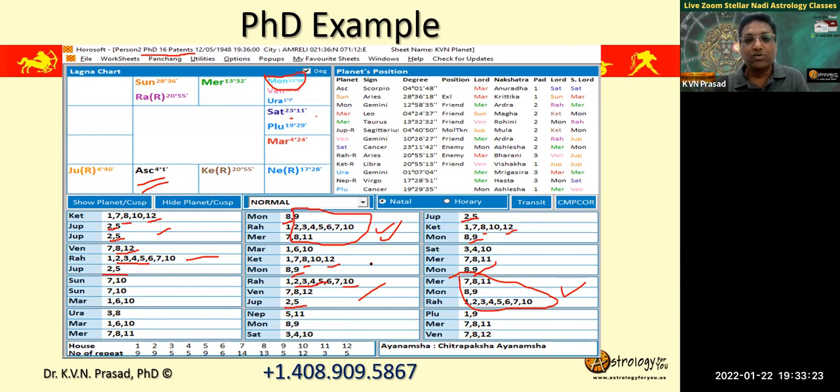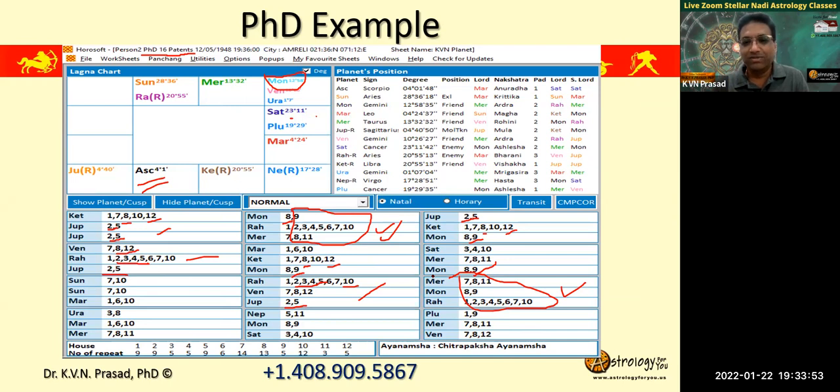And what is the third rule I said? Connection with Saturn. Saturn should aspect or conjunct, or there has to be a connection with Saturn. Where is Saturn sitting? In the 9th house. Straight away, he has a connection to the 9th house, sitting in it.